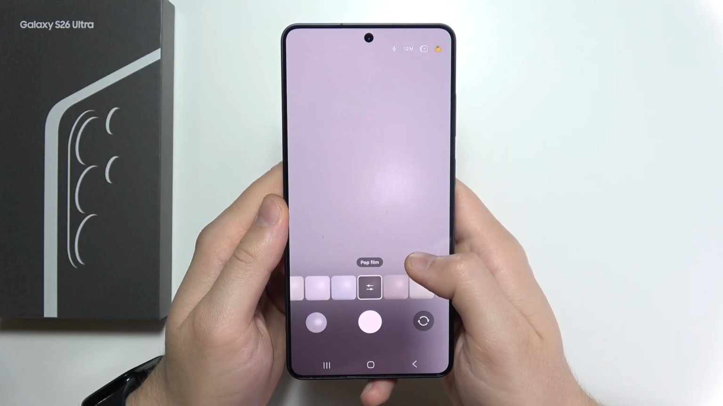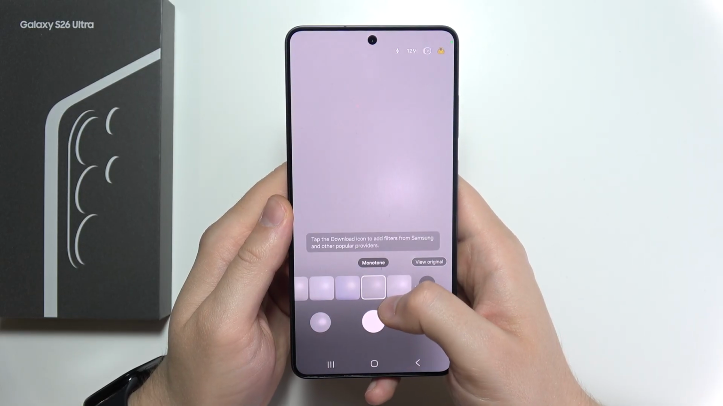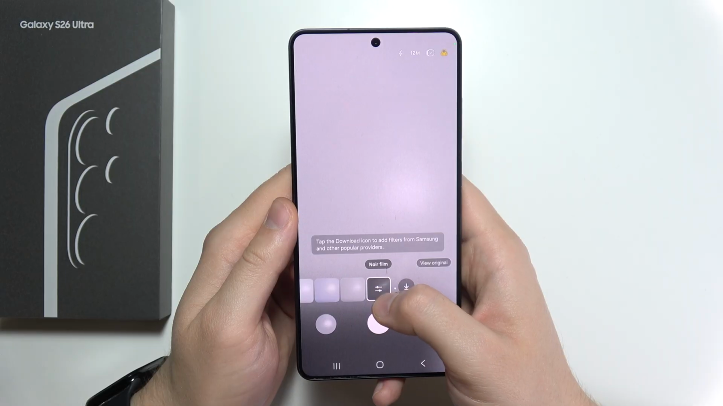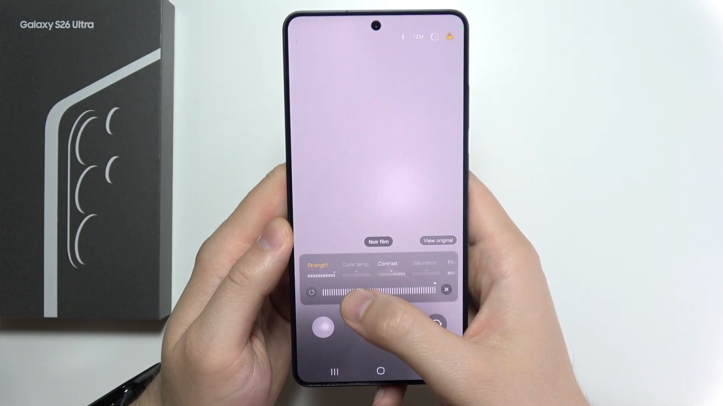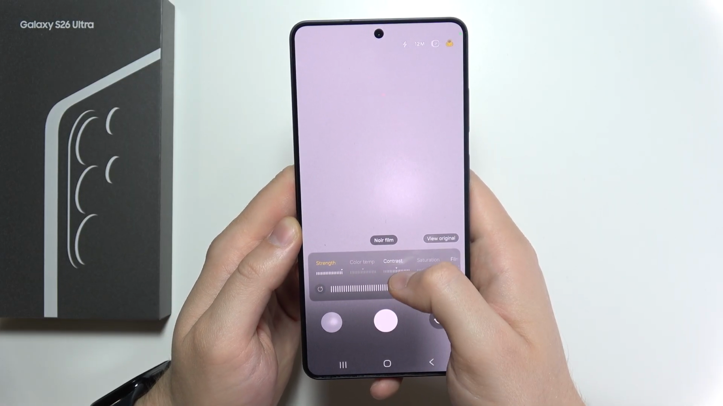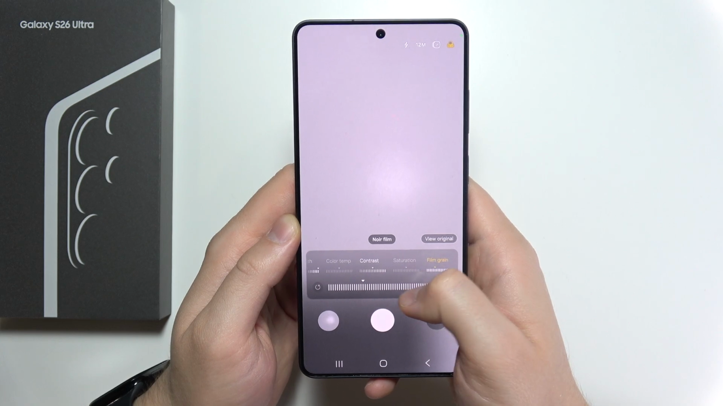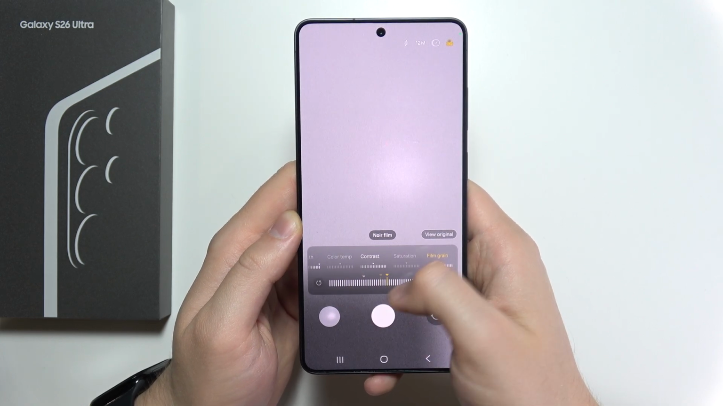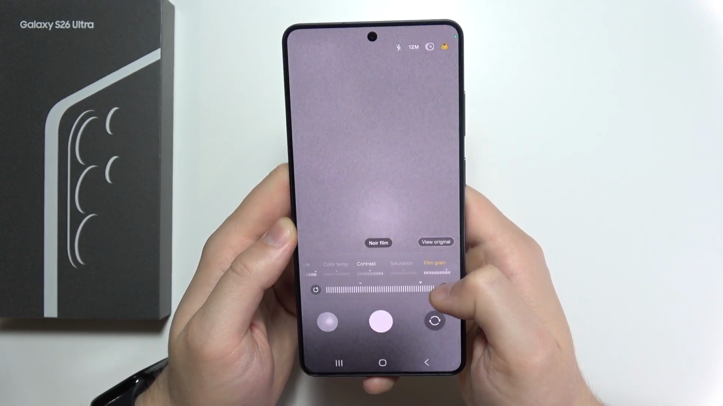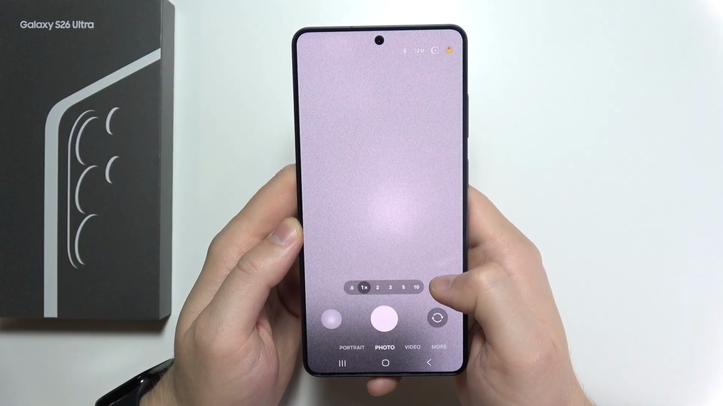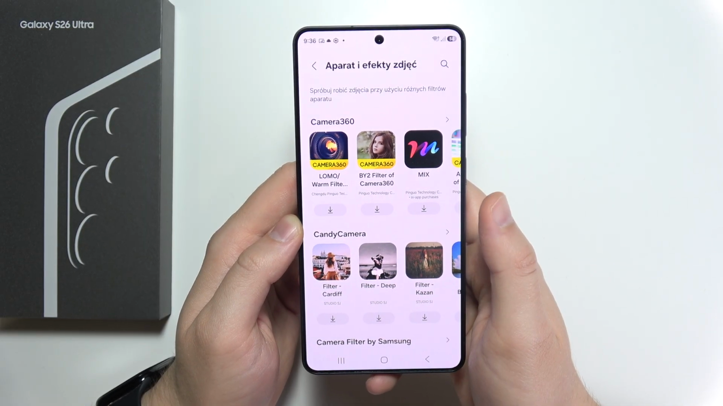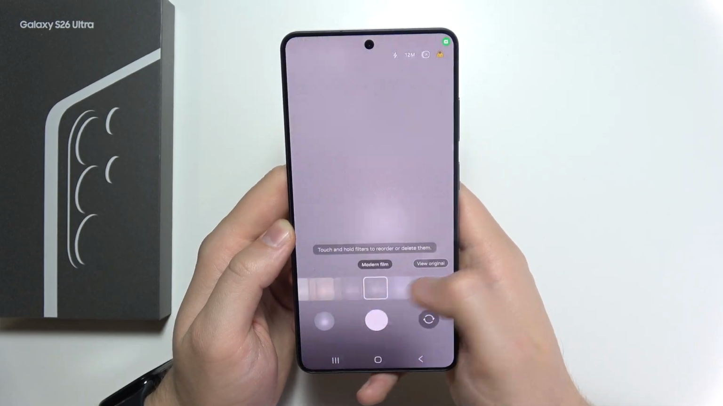without any filter. And what is also really useful is that you can customize each one by clicking on this icon. So now you can set its strength, color, temperature, contrast, saturation, and the film grain, and you can already see some changes. When you go here, you can even download some filters from the Galaxy Store, and when you go